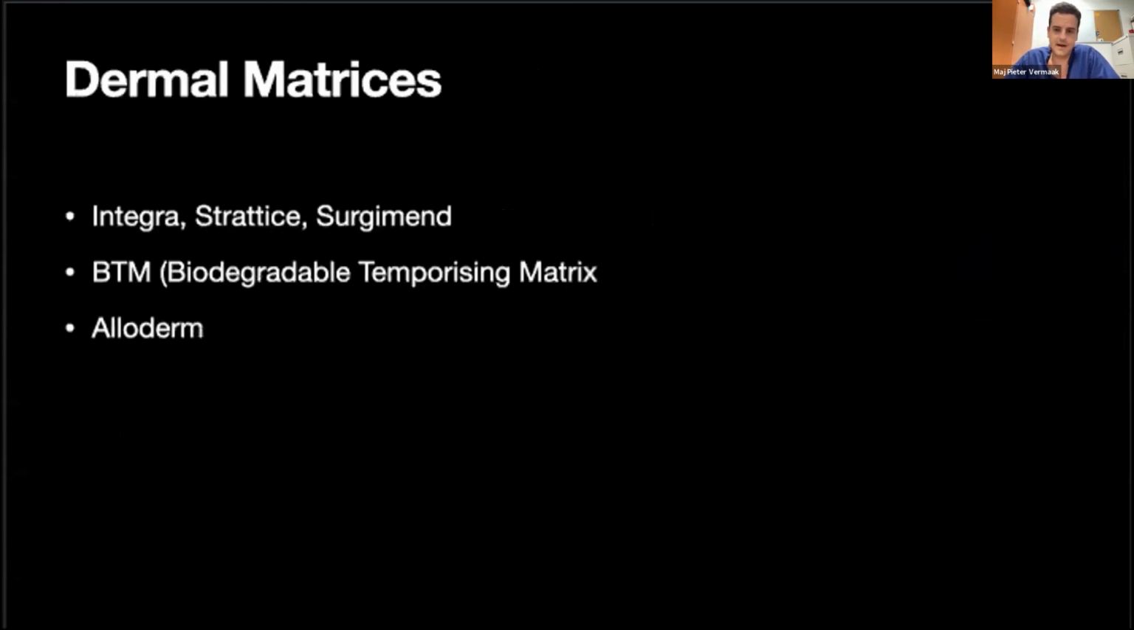Dermal matrices. Now, dermal matrices are basically a dermal scaffold, and they can be made from various different things. What they try to do is recreate a dermis. When you've lost a chunk of your dermis, say you've burned through it or a bit's cut out, your wound will heal, but it will heal with a nasty scar because